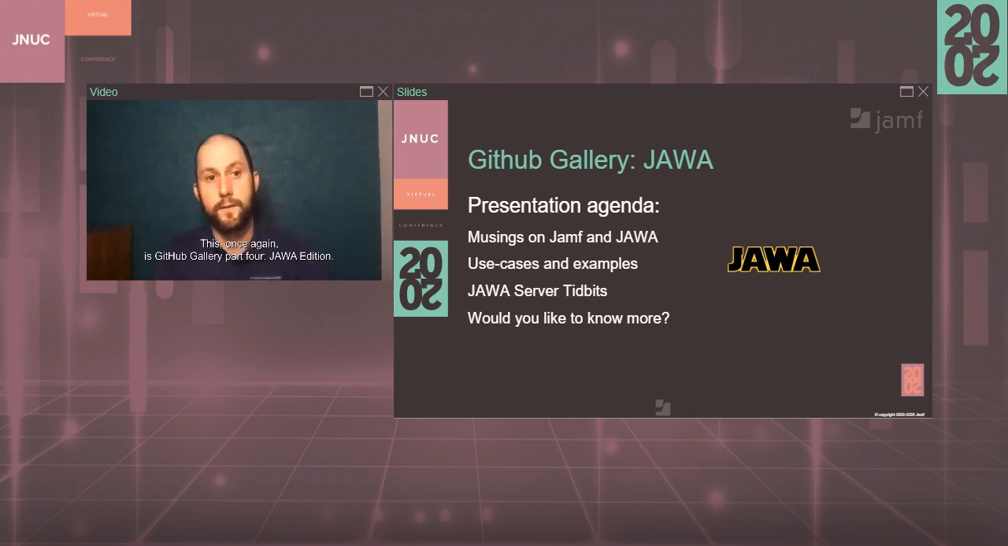Okay, let's begin. This, once again, is GitHub Gallery Part 4, JAWA Edition. Today, we're going to talk a little bit about Jamf Pro webhooks and webhook events. We're going to talk about what JAWA is. We're going to show some specific use cases so you can get a feel for JAWA, see if it's right for your environment. And finally, if you are interested in JAWA, we're going to have some tidbits at the end